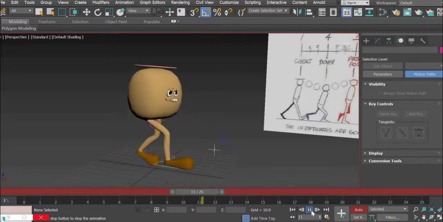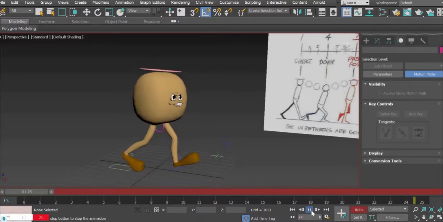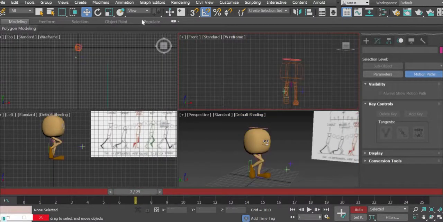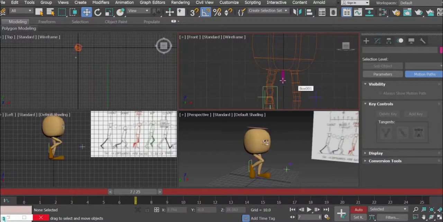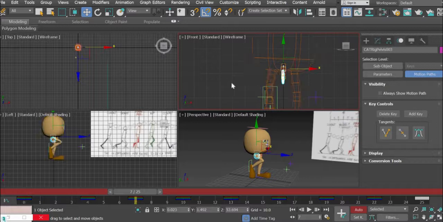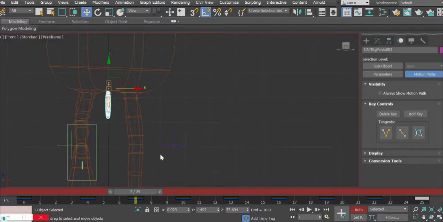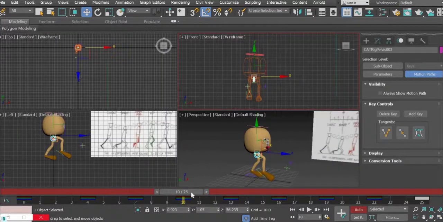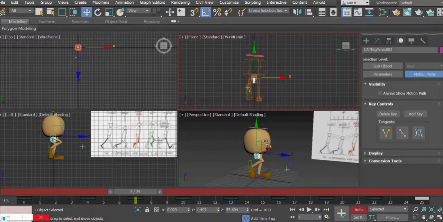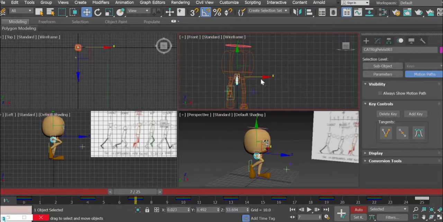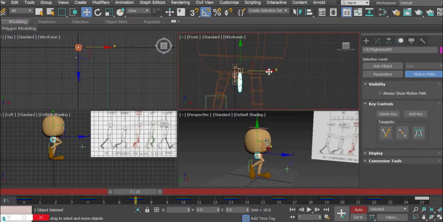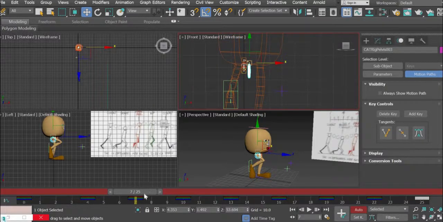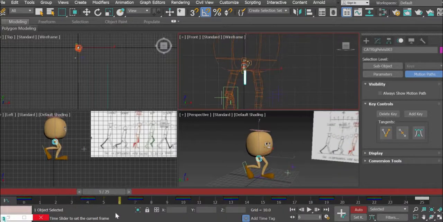And then you can see that we got the basic walk, and now it's time to fine-tune the animation. So we can work on the sideways motion of the character first if you want. So what happens is when the character is on, I think, the entire weight is on the right leg, so the character will move to the right. Okay, when the weight is on the right leg, the character goes to the right, and